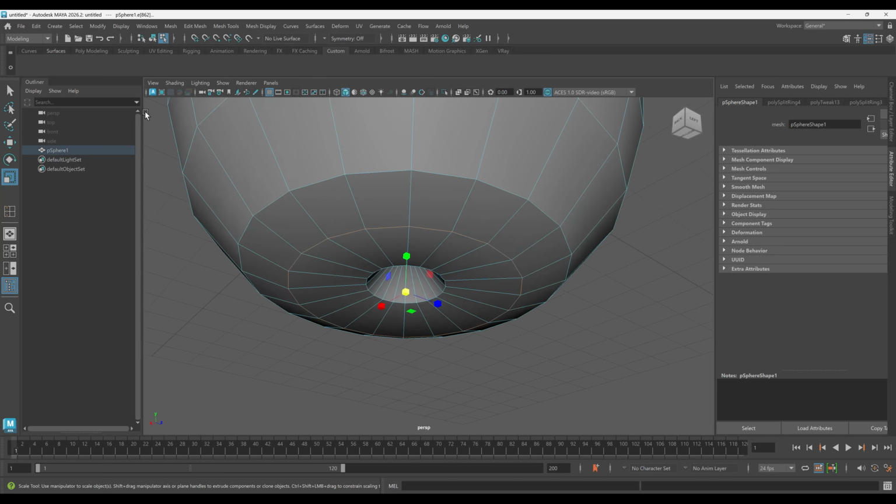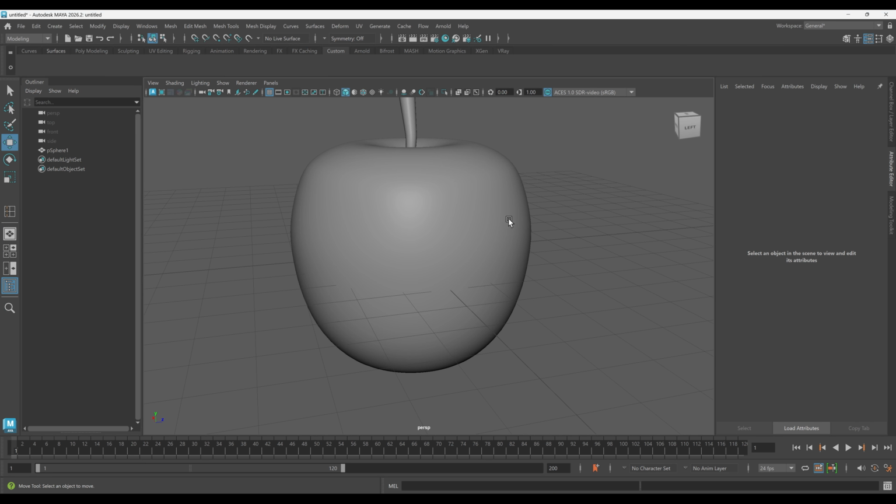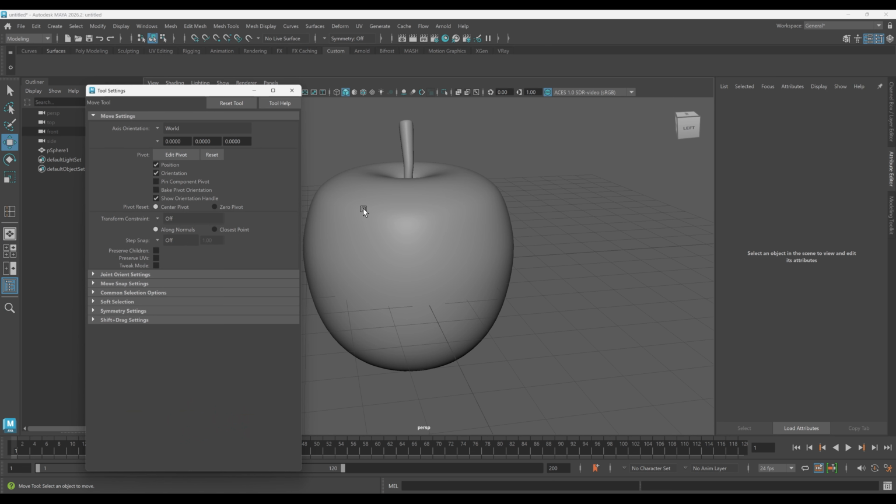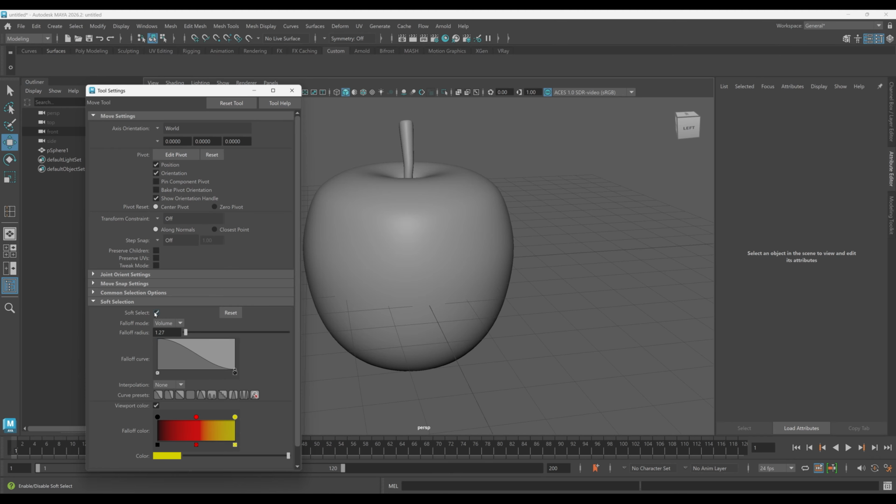Finally, let's learn about soft selection. An incredibly useful feature for organic modeling. You can activate this by double-clicking the Move tool icon to open the tool settings, or simply by pressing B on your keyboard. With soft selection on,